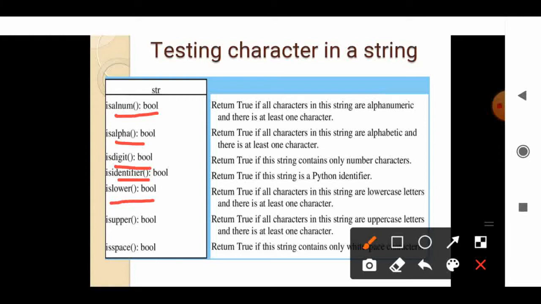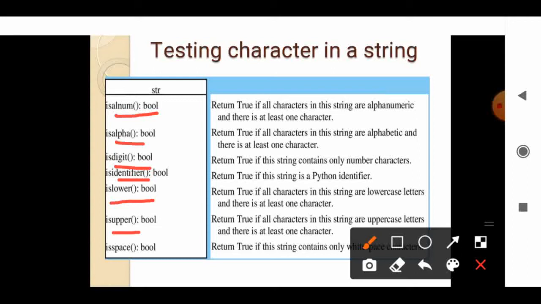The next function is islower. It returns true if all the characters in the given string are lowercase letters, and there is at least one character. Otherwise, it returns false. Then isupper is the opposite of the lower function. It returns true if all the characters in the string are uppercase letters and there is at least one uppercase character.